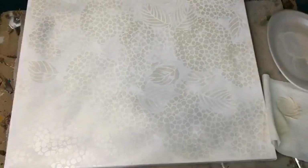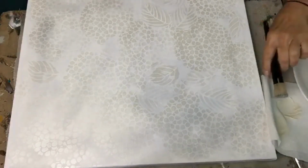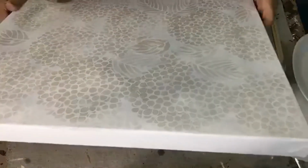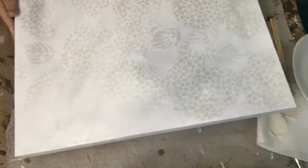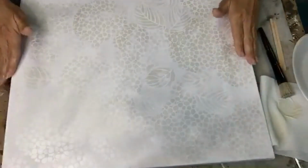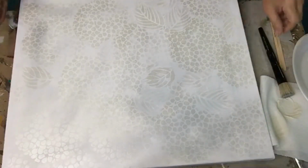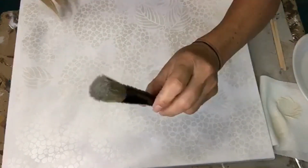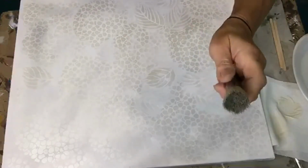Okay, I'm going to set that over here for a sec. Look at this. Oh my goodness. And it's just no rhyme or reason, just random pearl applied all over. I love it. Now listen, I'm going to use my same stencil brush because I have a couple, but I